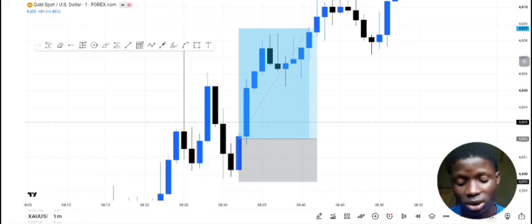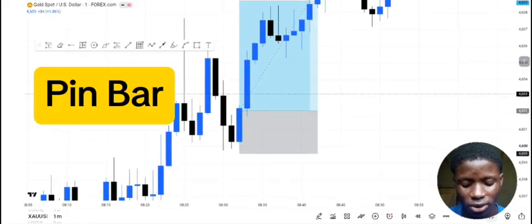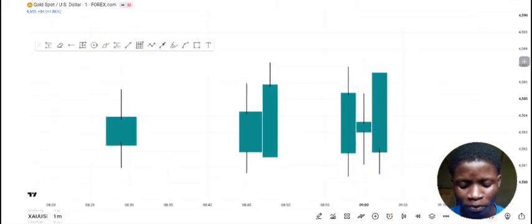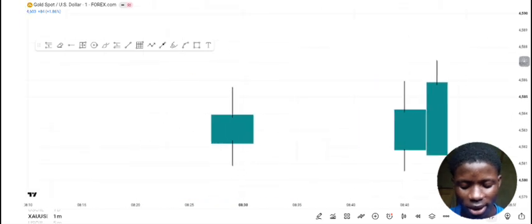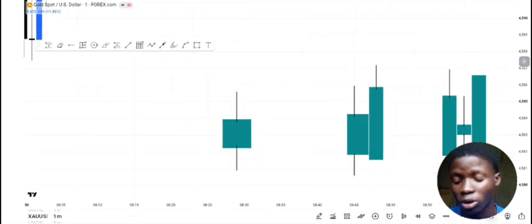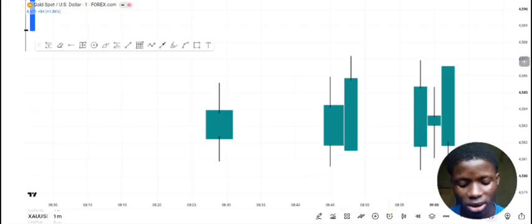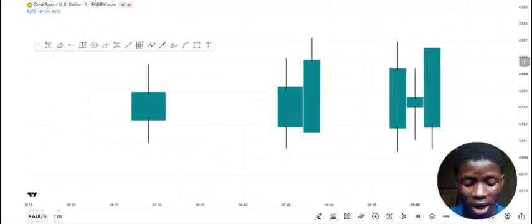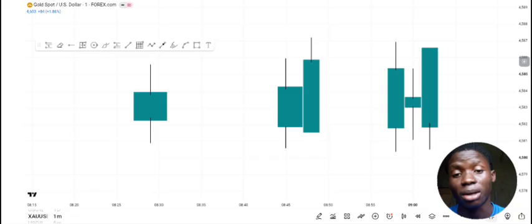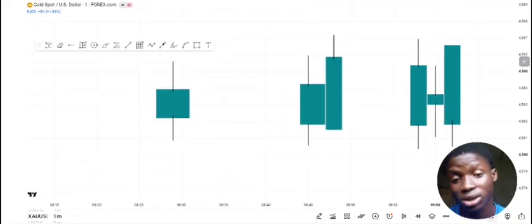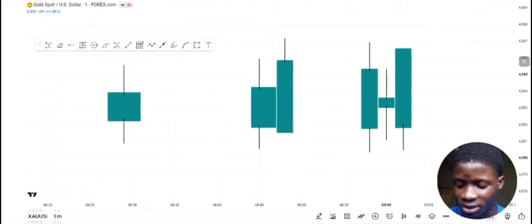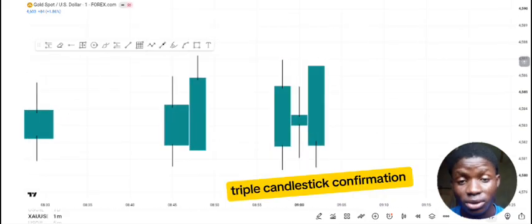Let's dive into it. Number 1 is your pinball candlestick. This one here is your pinball candlestick, and number 2 is your engulfing candlestick. We have bullish engulfing and bearish engulfing, and we have bullish pinball candlestick and bearish pinball candlestick. And number 3 is your triple candlestick